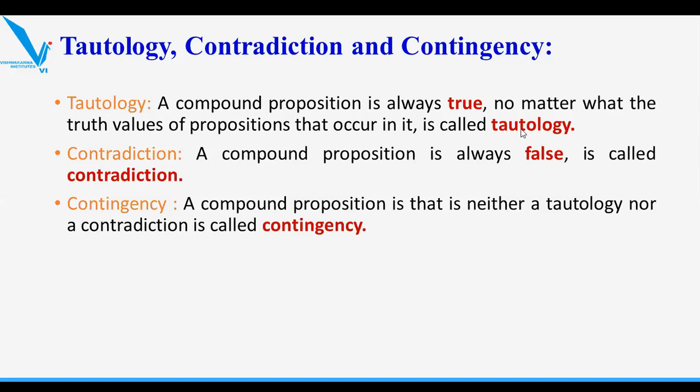Here it explains that whenever we are given a compound proposition, it will always have a true value for any, or we can say for all, cases. So this is what a tautology is. The second term is contradiction. A compound proposition that is always false is called a contradiction. So here it is also suggesting that the given compound proposition will always have a truth value of false for all cases, which is exactly the opposite of a tautology.